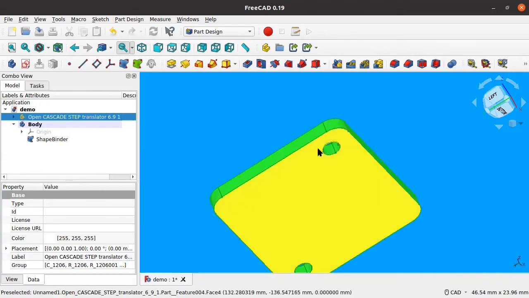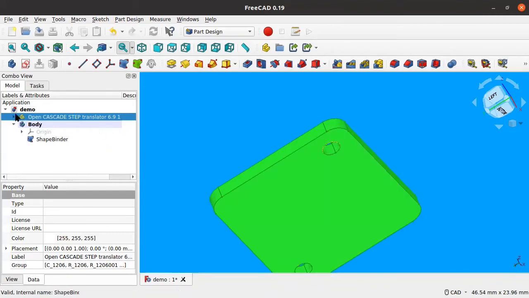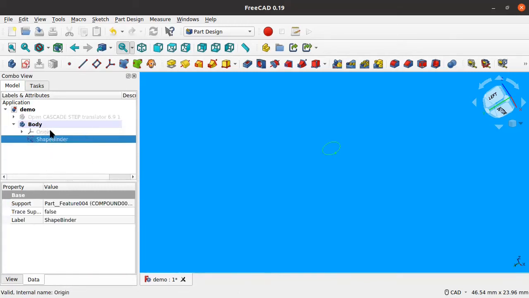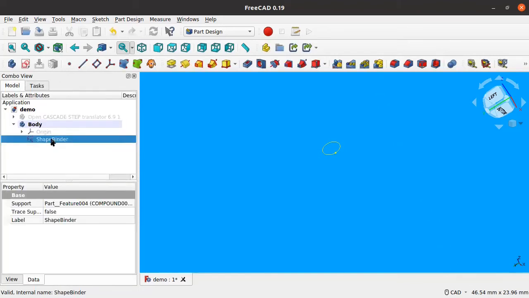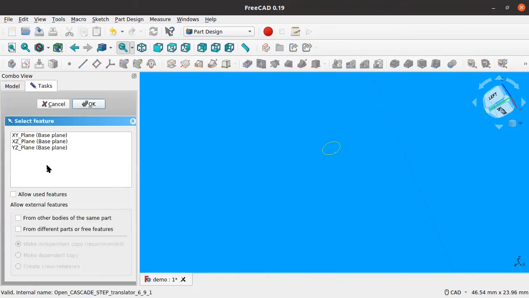And it's also a good idea, once you start working from the shape binder, to hide the original object, because it's going to make your life a bit easier later. So then you select the shape binder, and you can use it to create a sketch. So you select it, and then the sketch, and basically it should offer you to,